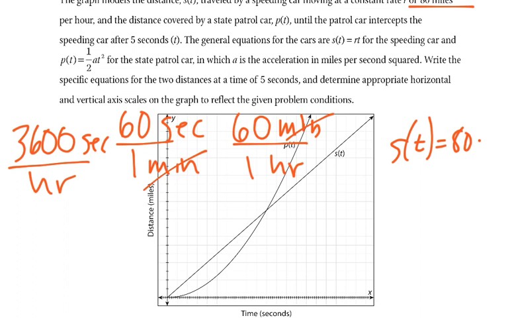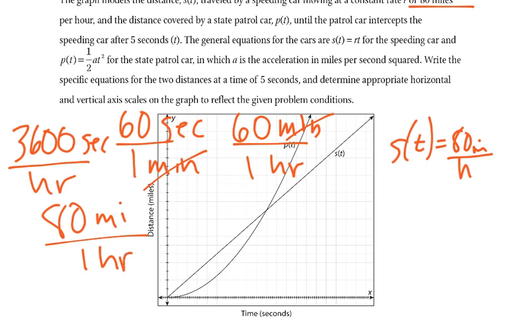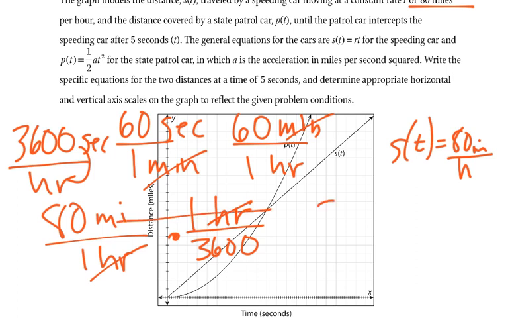So now we know with our 80 miles per hour, we go 80 miles per 1 hour, and we times that by this fraction, because we could flip it. 1 hour equals 3,600 seconds, so the hours would cancel, and we'd have 80 over 3,600, which we'd simplify to,